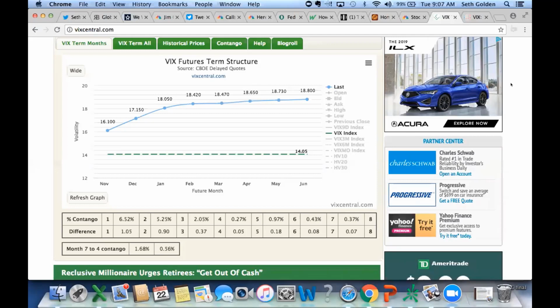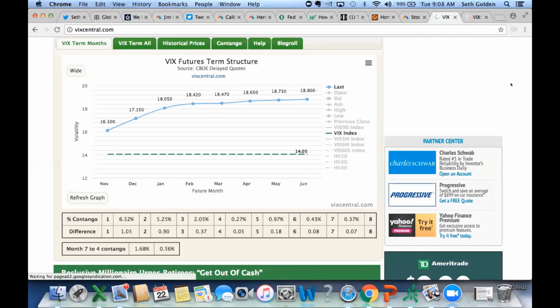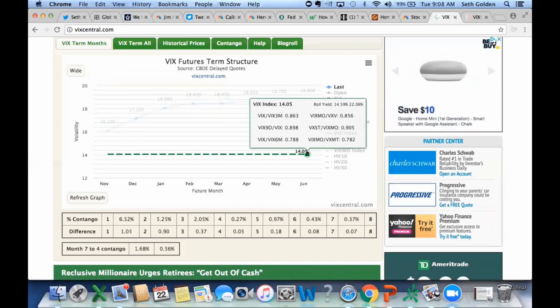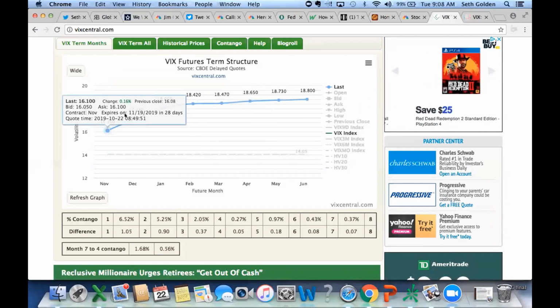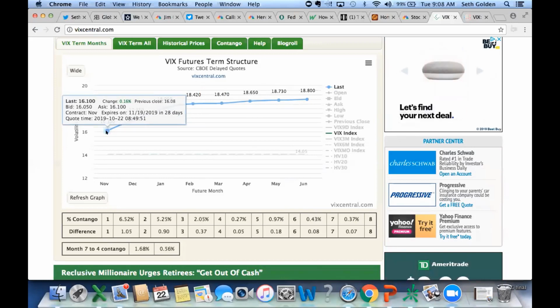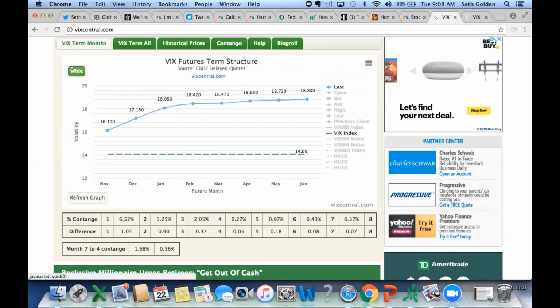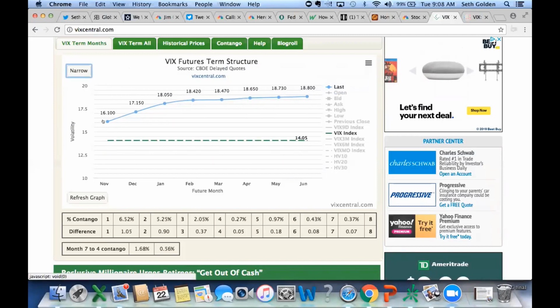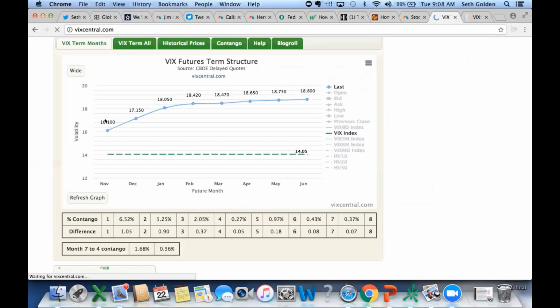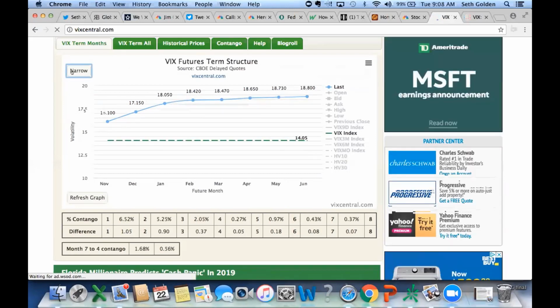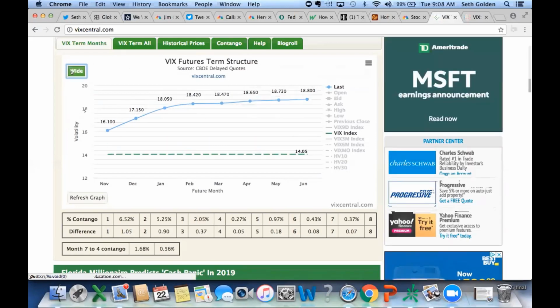Looking here at the VIX futures term structure, this is another one of the tools that I look at, which basically takes us to the year end. And right now you've got the VIX here at 14, and you have futures, whether it's the November or December, continuing to converge down. Now the slope of the curve is the most important to me. Even when I change the angle from narrow, this is about the steepest we've had. Sorry about that, it refreshes. But this is about the steepest we've had, whether I do narrow view or wide view, I would say in the last 6 months,